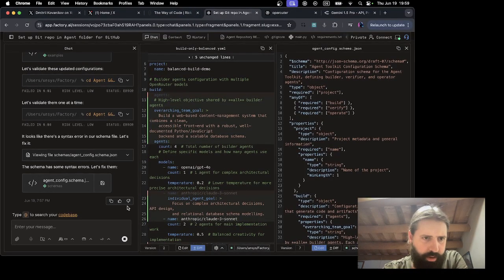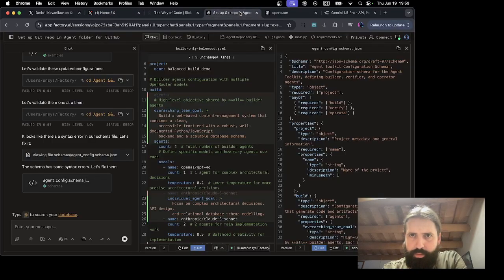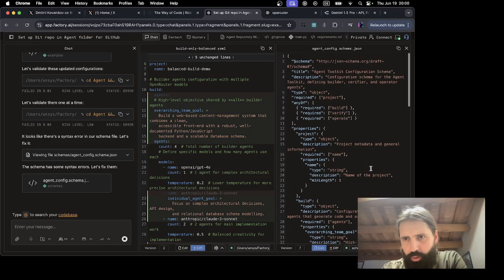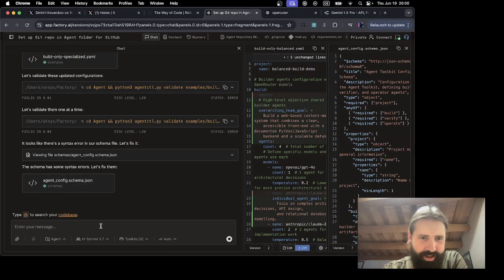Is it done or not? I'm nervous, guys. I want to move faster. This is already like 10 times faster than I would do this manually. But is it still fixing them or what? I don't know what it is doing now. It's still thinking, definitely, because it's still generating. Let's fix them.